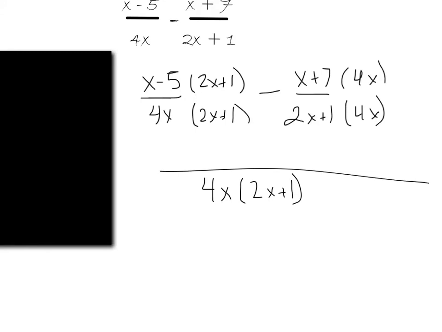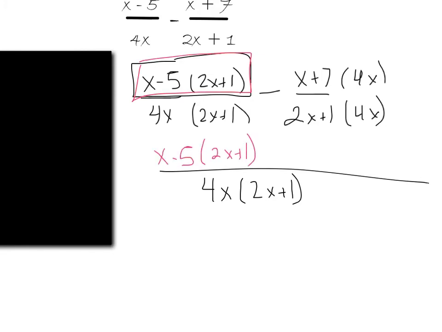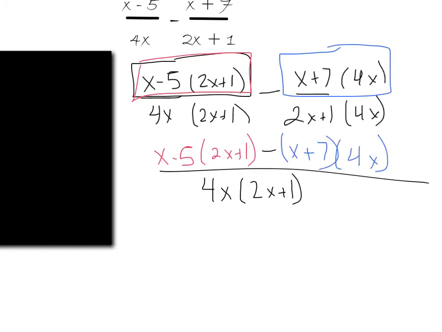And on the top, I have my x minus 5 times 2x plus 1 minus my x plus 7 times 4x. Now, remembering that that subtraction sign has to be given to each part. So first I'm going to multiply, because multiplication comes before subtraction. So, multiplying these two terms, I have